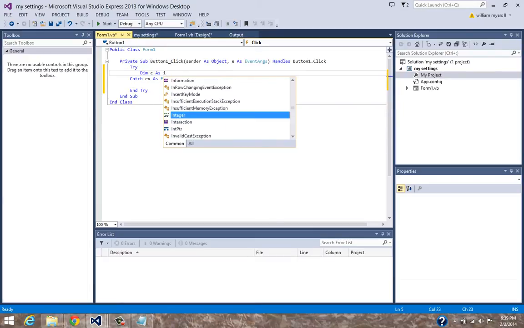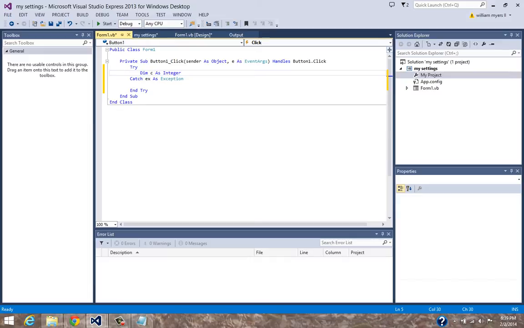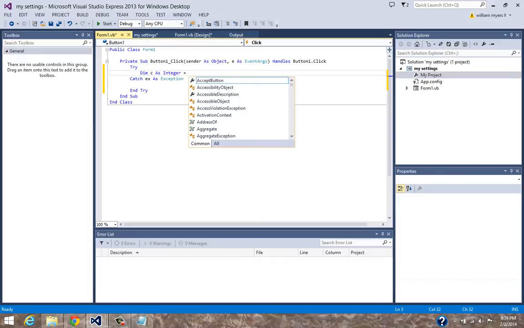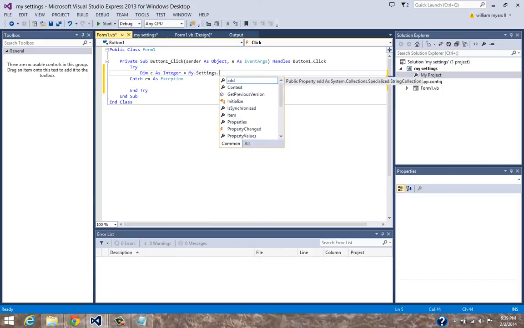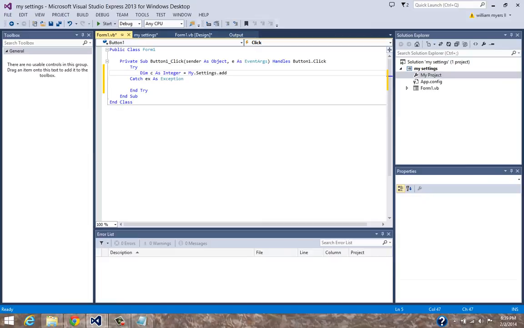Integer. I'm bad at pronouncing. Integer equals my dot settings dot add dot item. Then you're going to want to